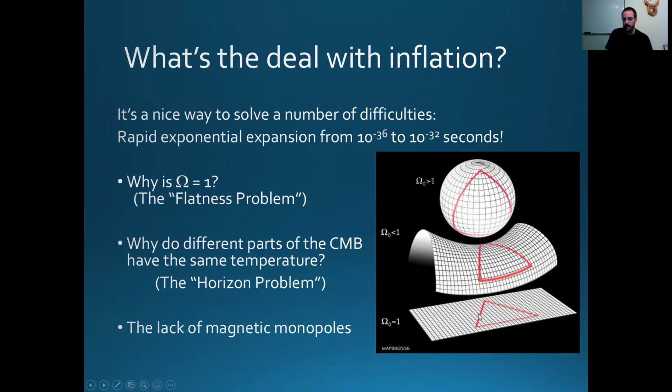So again, all three of these are possible, but it turns out that according to the best of our knowledge, this omega is exactly equal to 1, which means the universe is Euclidean, the universe is flat. So the Earth is not flat, but the universe is. So why is omega equal to 1? Is it merely a coincidence, or is there some reason why it's exactly that value?